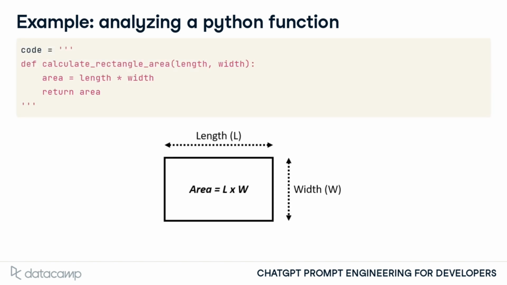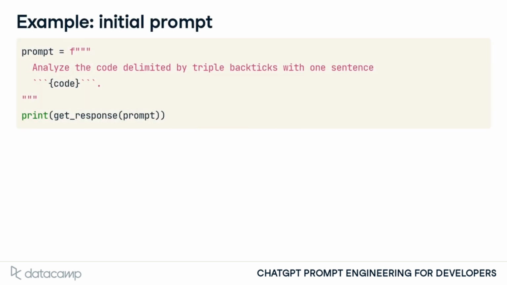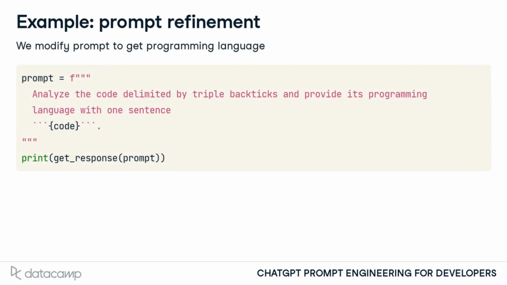Let's illustrate this by analyzing a Python function that calculates the area of a rectangle given its length and width. We start with a prompt asking the model to analyze the code in one sentence. The output correctly states the code calculates a rectangle's area given its length and width. However, we wanted more details, like the programming language used. In this case, we need to iteratively refine the prompt. We modify the initial prompt to ask explicitly for the programming language, and accordingly the model mentions that the function